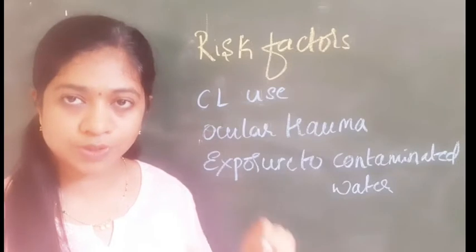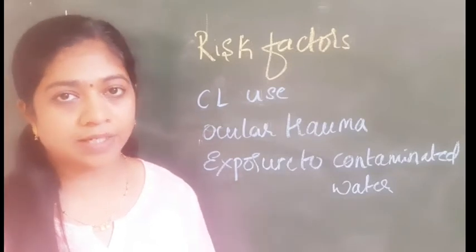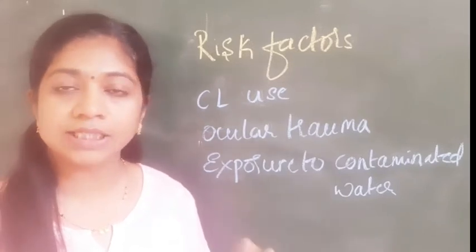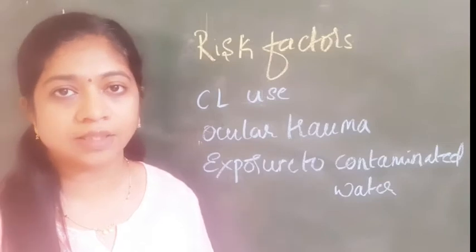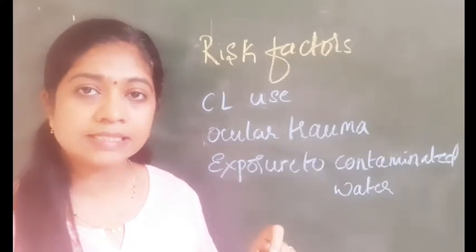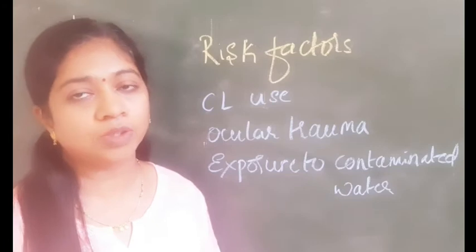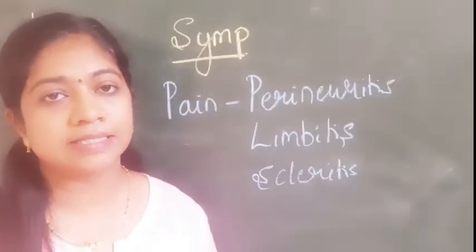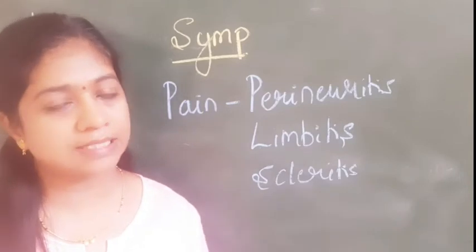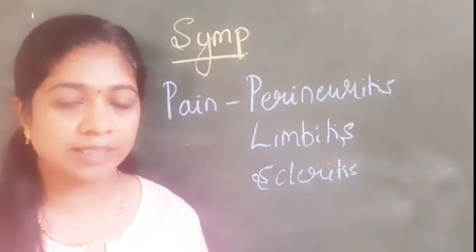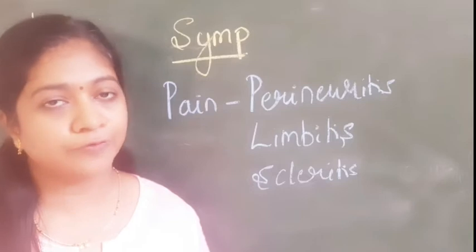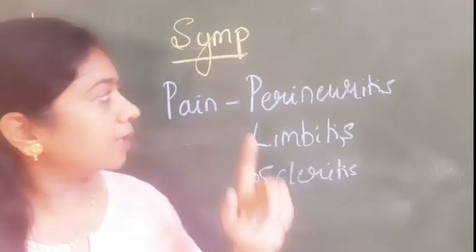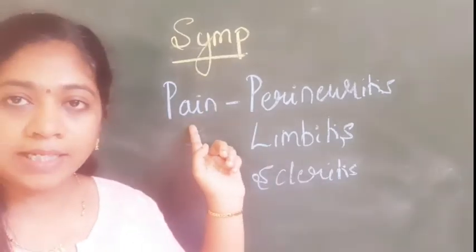The condition is usually unilateral, but it can be bilateral also. But this infection is a vision threatening infection if you don't treat at the appropriate time. And the incidence of this acanthamoeba is equal in both men and women. So coming to the symptoms of this acanthamoeba keratitis, the symptoms which are common to the corneal ulcer, like the diminution of vision, watering, redness, foreign body sensation, photophobia, all will be there. But the pain is the major hinting point here.